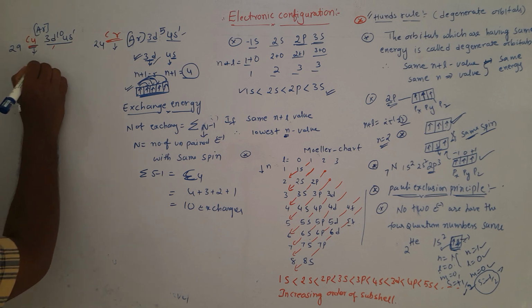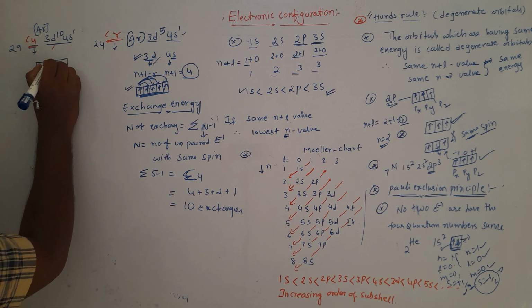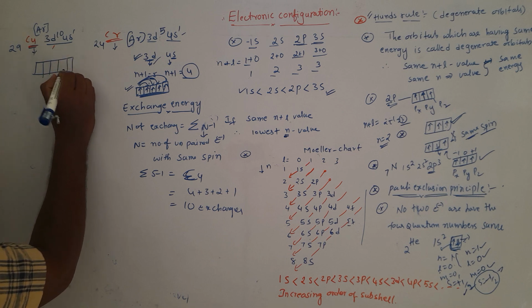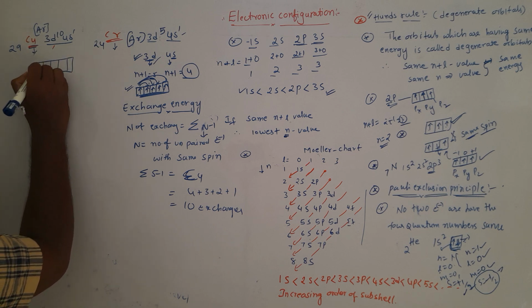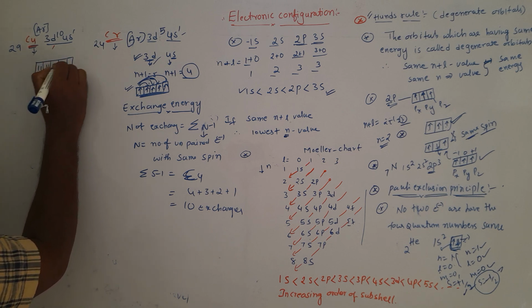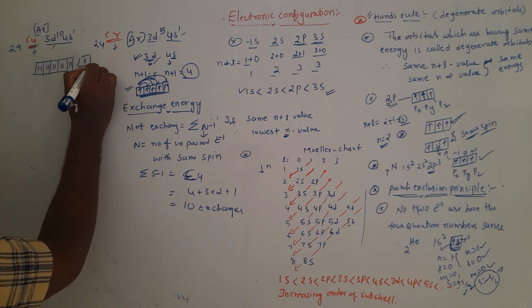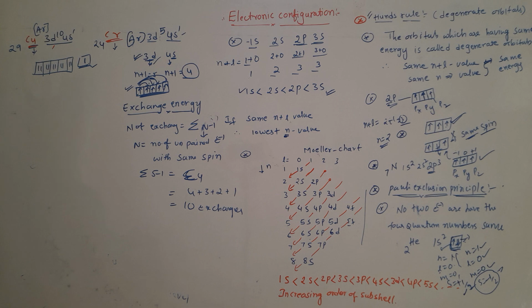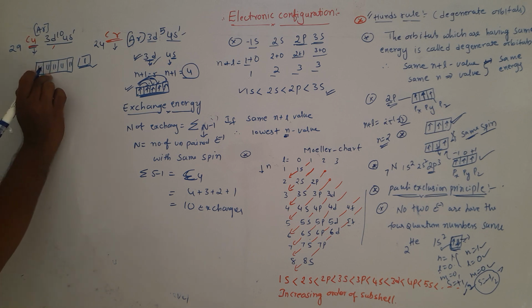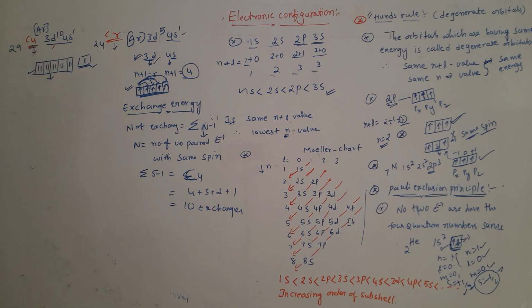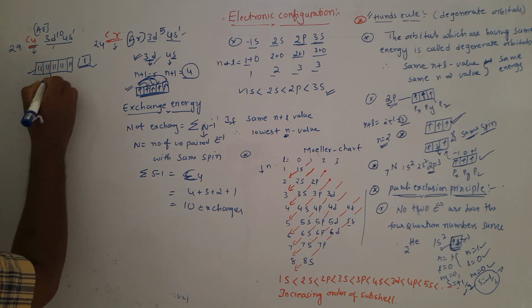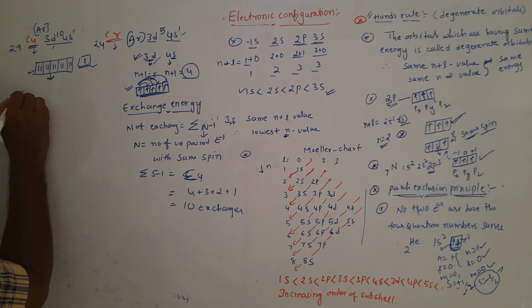Why? Because here also we are getting one exceptional electronic configuration, that is a stable electronic configuration, that is a fully filled electronic configuration. So even though the lower energy level is having only 1 electron, we are filling the electrons first in the higher energy level, because 3d is getting some extra stability by having a fully filled electronic configuration. So here the number of exchanges